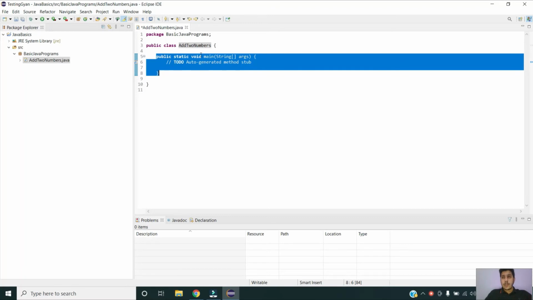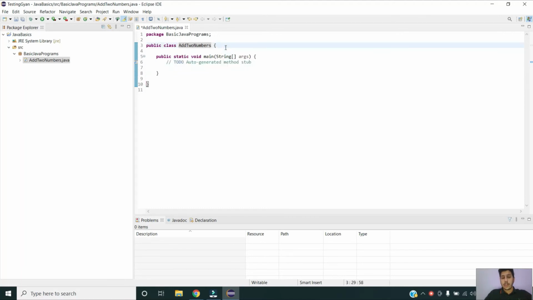This is the method from where your program execution starts. If you're writing any Java method within your class, you have to call that method within your main method, because this is the location where the execution of the program will start. And this double slash basically represents comments in Java. So this line is commented out, and when you run this program, this will not be printed in the console.